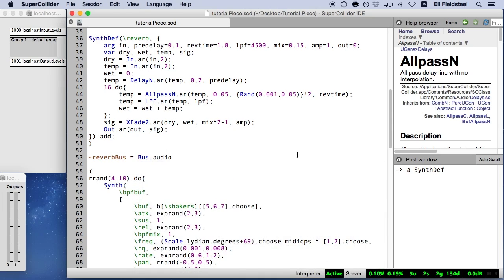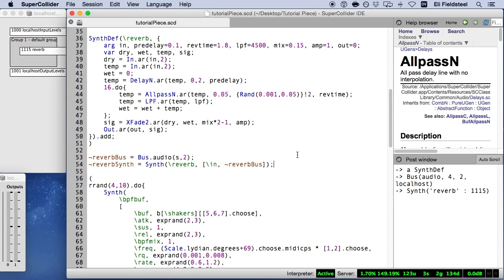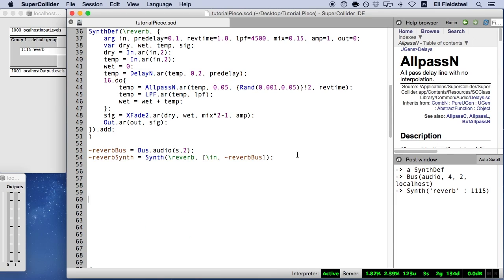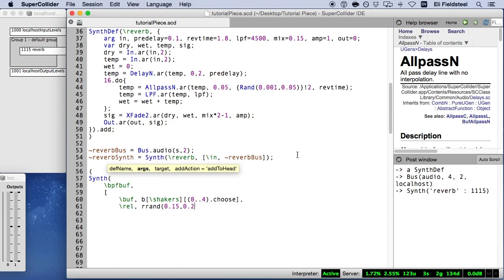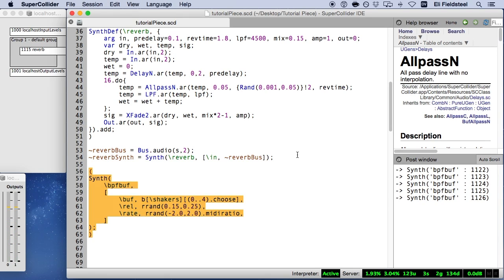And that's done with bus.audio, providing the name of the server and the number of channels. And then let's instantiate our reverb instrument, making sure to use our new stereo bus as the input. And there it is on the node tree. And for a source sound, let's just do a short shaker sound with a little randomness in release time and playback rate. And by default, the output bus is 0, which bypasses the reverb completely. But if we send our output to the reverb bus,